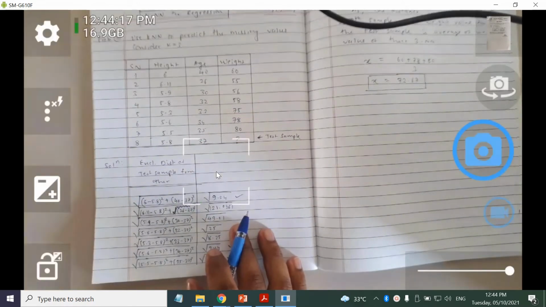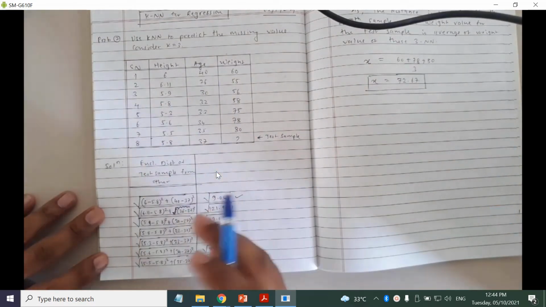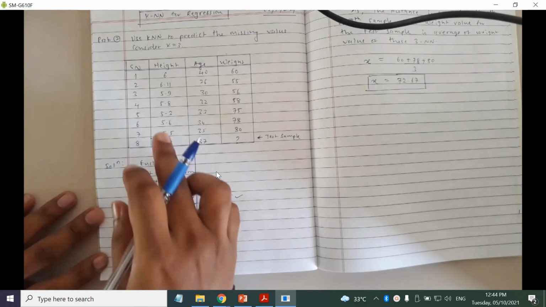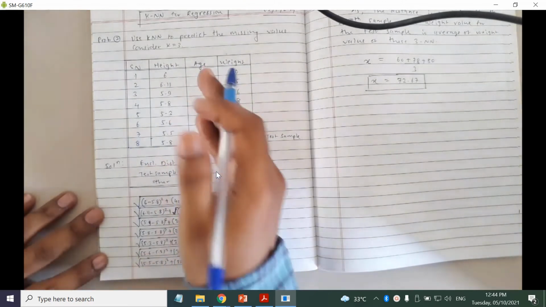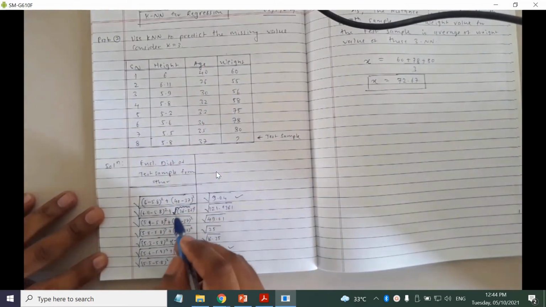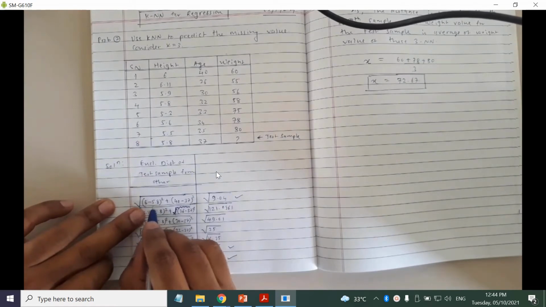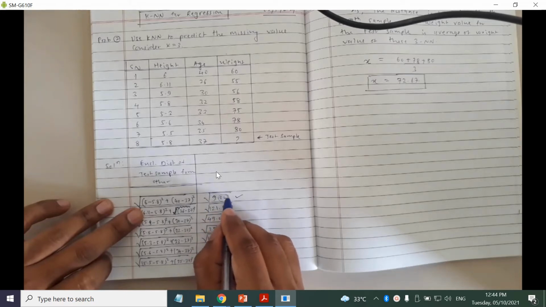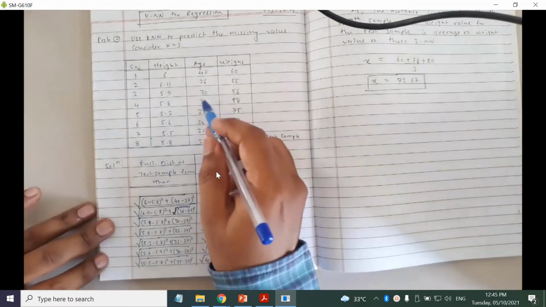While solving the numerical, we are ignoring the importance which each attribute is getting. But during the actual implementation, what we are assuming in KNN is that every attribute has equal impact, right? Here, age is getting higher importance. See the difference: in the difference of height we are getting 0.2, but here we are getting 3. This value is coming from the height and this value is coming from the age. So you can see age is getting the higher importance.